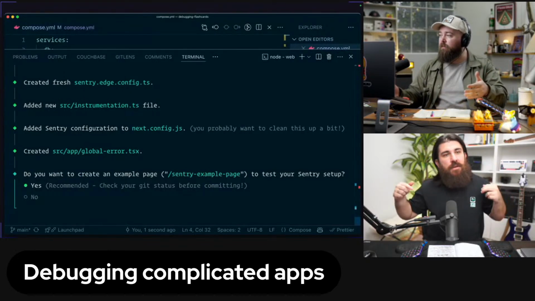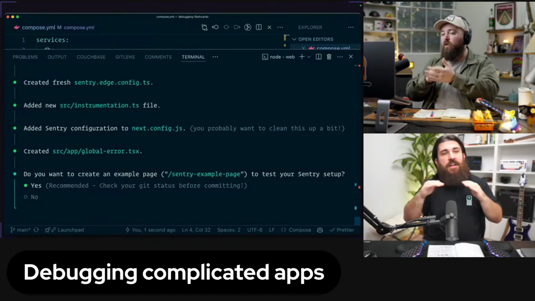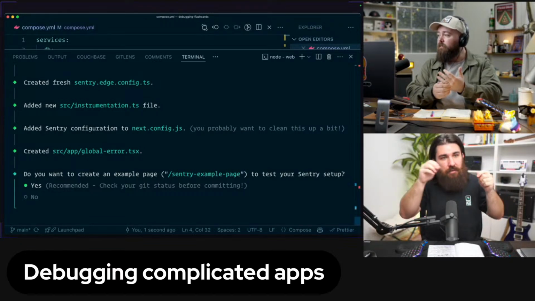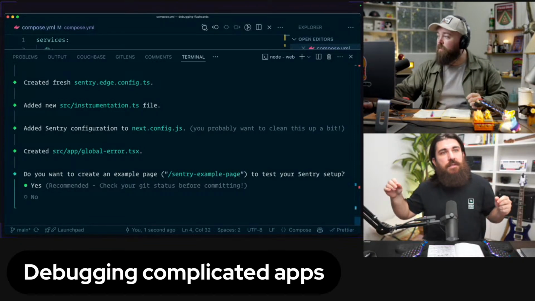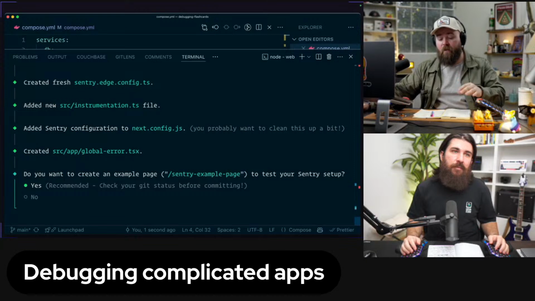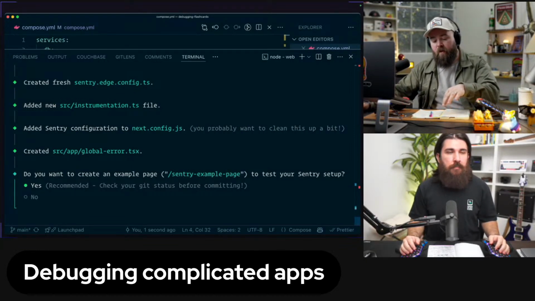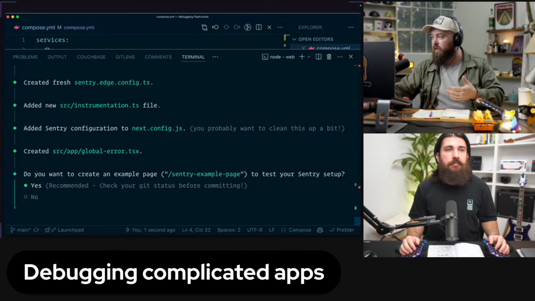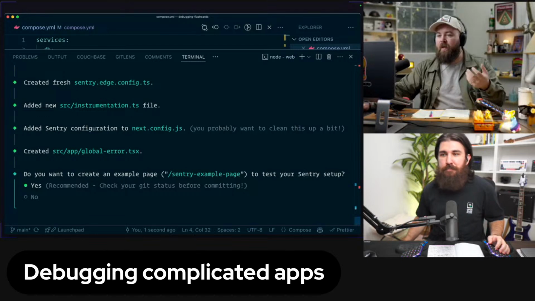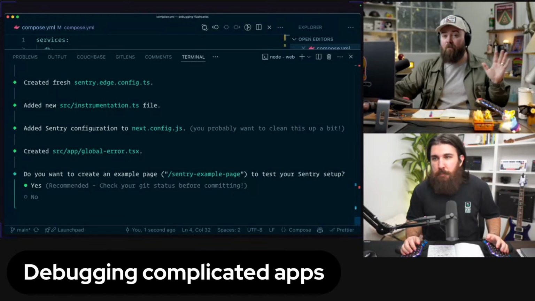No, it's the other way. Right. Well, right. Because you're not sending any data unless you manually annotate it. This is good. And that's really, really good, because I think that means most of the time we don't need to know what's on the screen, right? It's very rare that we need the actual data. We just need to know what page they were on and what broke. Exactly. And so then we can safely say we don't need any of the text.